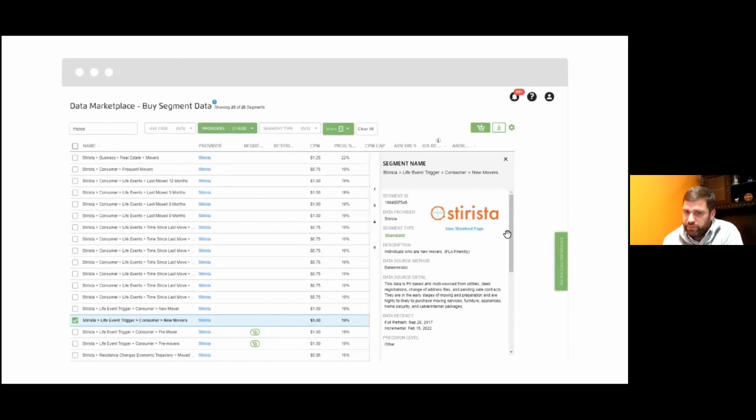Again, you should be able to understand the segments. Sorry, it's a misuse of deterministic. I just had it on my mind. But whenever you are selecting a segment, typically you are going to be able to get additional detail like the data sourcing, whether it's deterministic or probabilistic, who the provider is, and when the data was last refreshed versus incrementally refreshed.